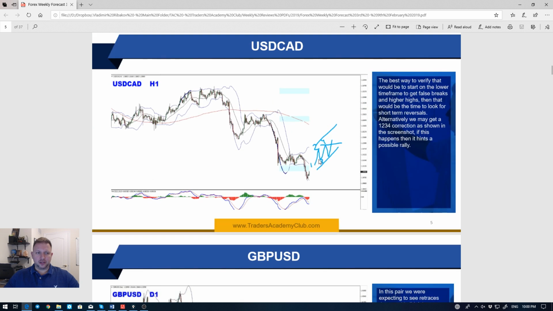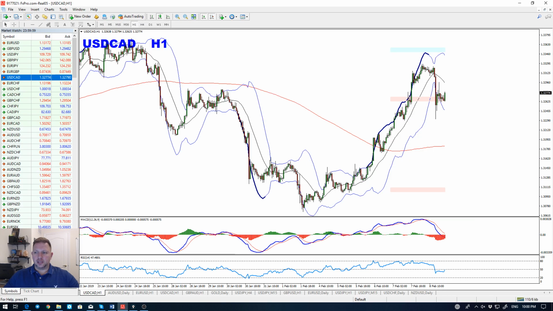Once again, here is the structure. 1, 2, right? From the bottom, 2, 3, 4, and breakout. And this is what we got here, once again, okay? 3, 4, and breakout, boom. Of course, you can also count it like this, 1, 2, 3, 4, and then just breakout. It doesn't matter. What does matter, you basically get yourself break above 2 highs and